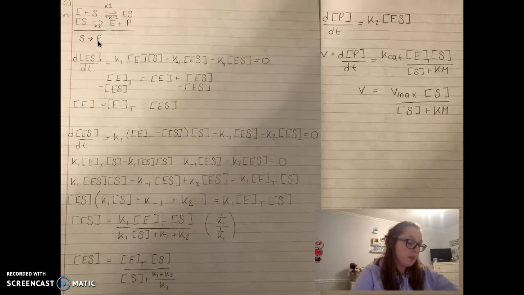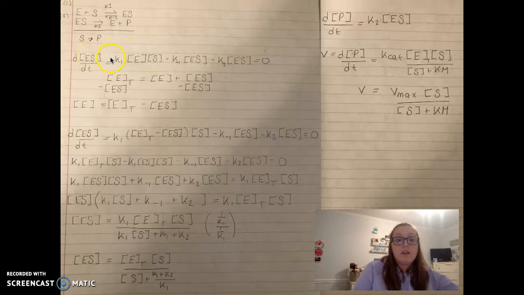So the ES complex equals the sum of reactions that increase its concentration minus the sum of reactions that decrease its concentration. And that's important to break down piece by piece to see what will actually increase the concentration versus decrease the concentration. So if we look right here at this line, we have the instantaneous rate of change for the enzyme substrate complex,